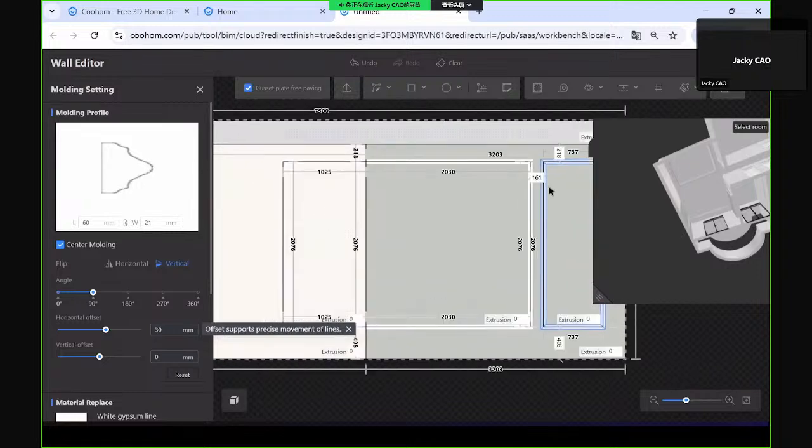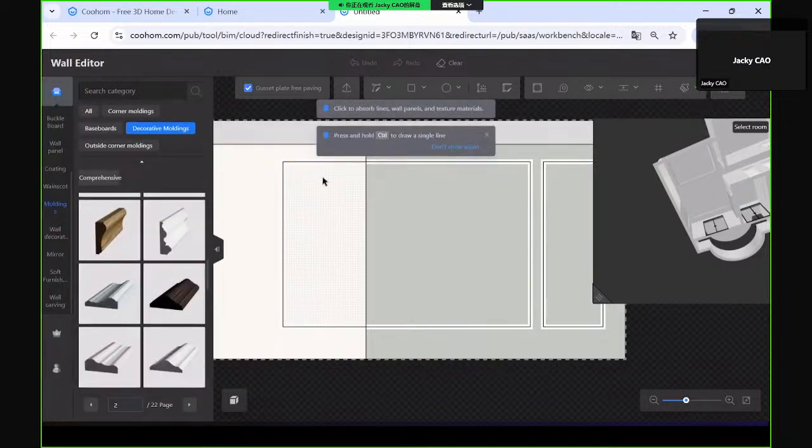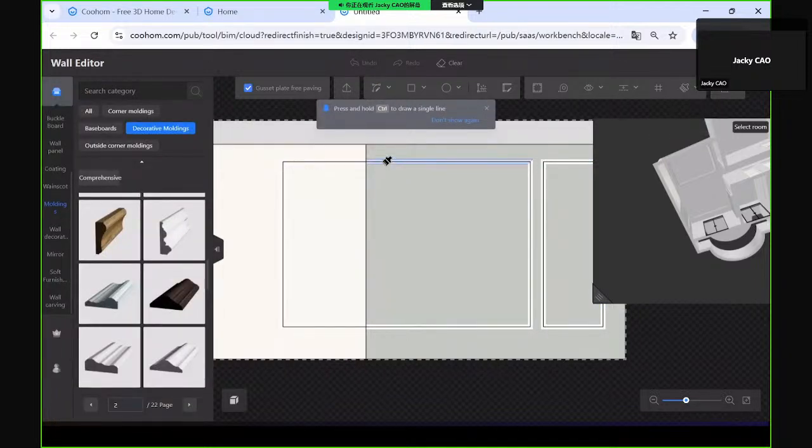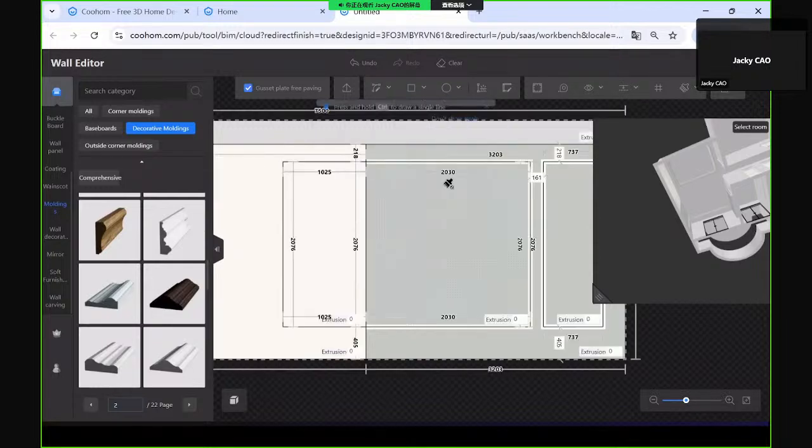And the most important thing here: don't you think we have only one brush? No, we also have the molding brush, and this molding brush allows us to pass the entire element